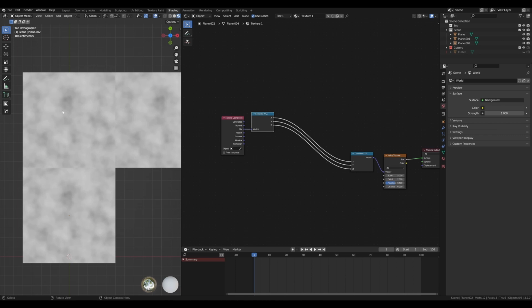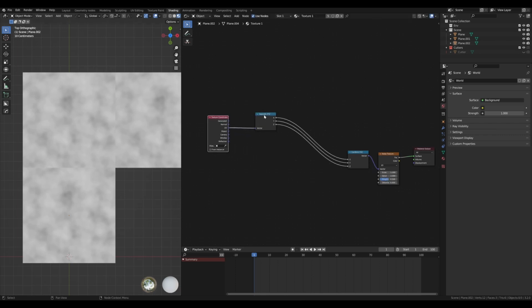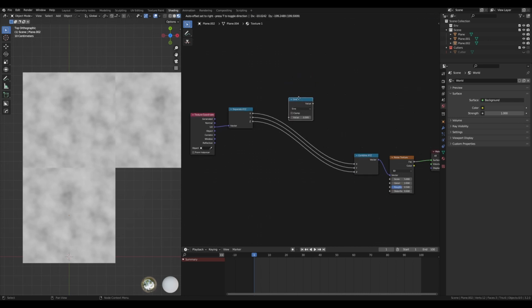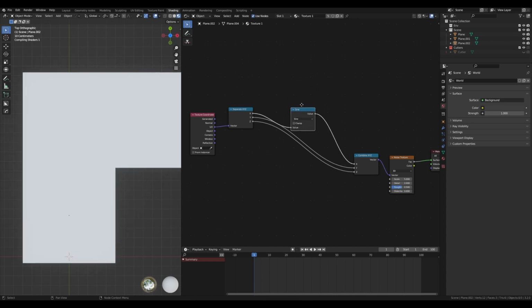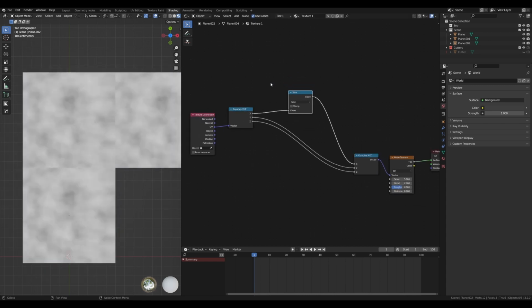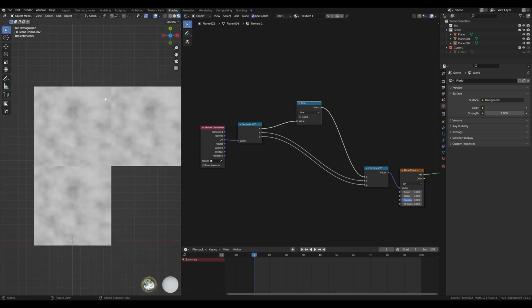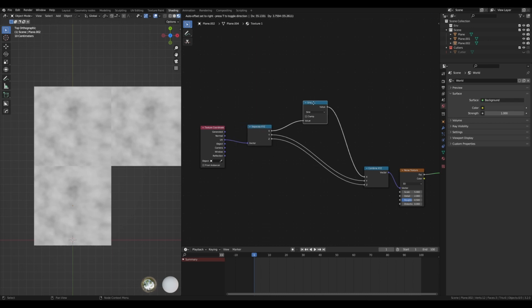We still have these seams to deal with, and that's what we're going to do now. So I'm going to add in a math node and right away change this to sine and just drop that in and remap our X coordinate texture with our sine wave. So that doesn't fix the seam. We're going to deal with that in a second, but let's just look at our sine wave